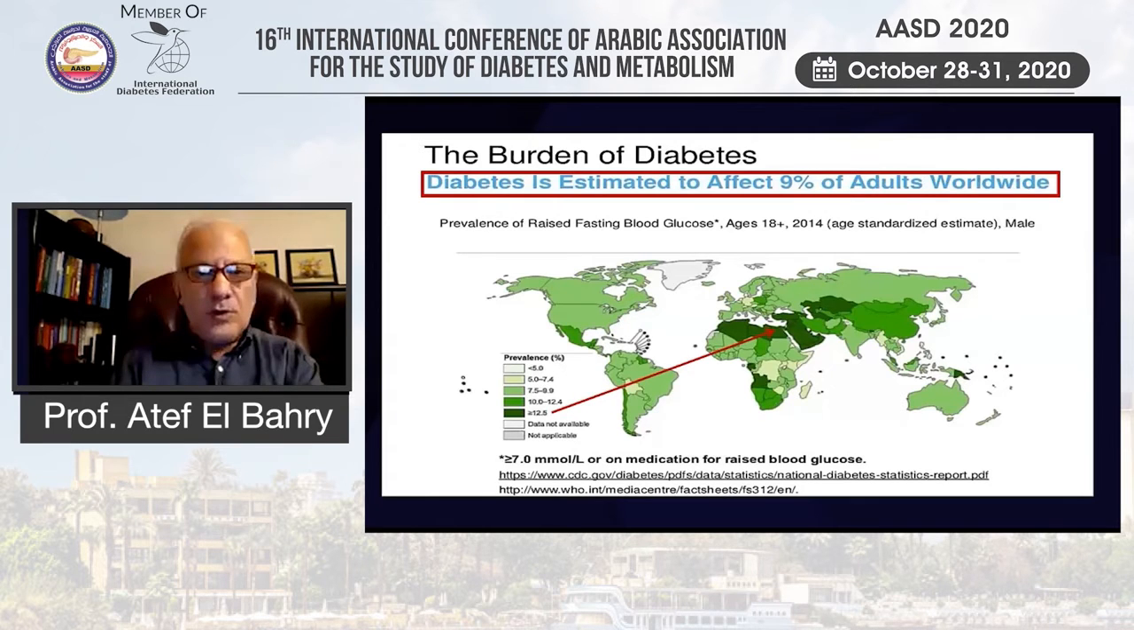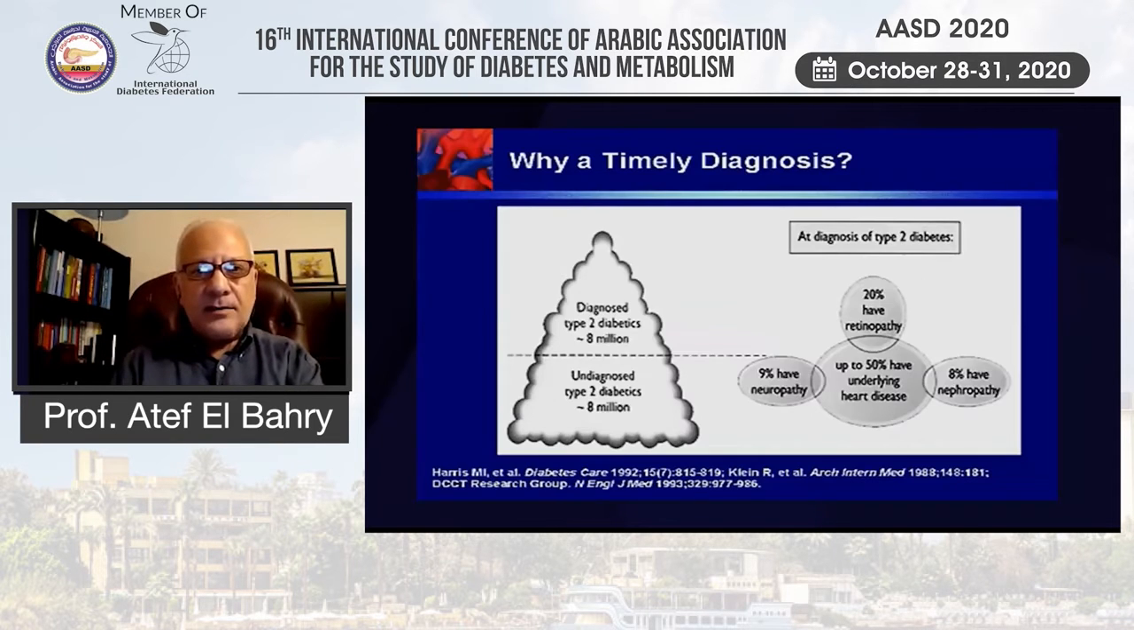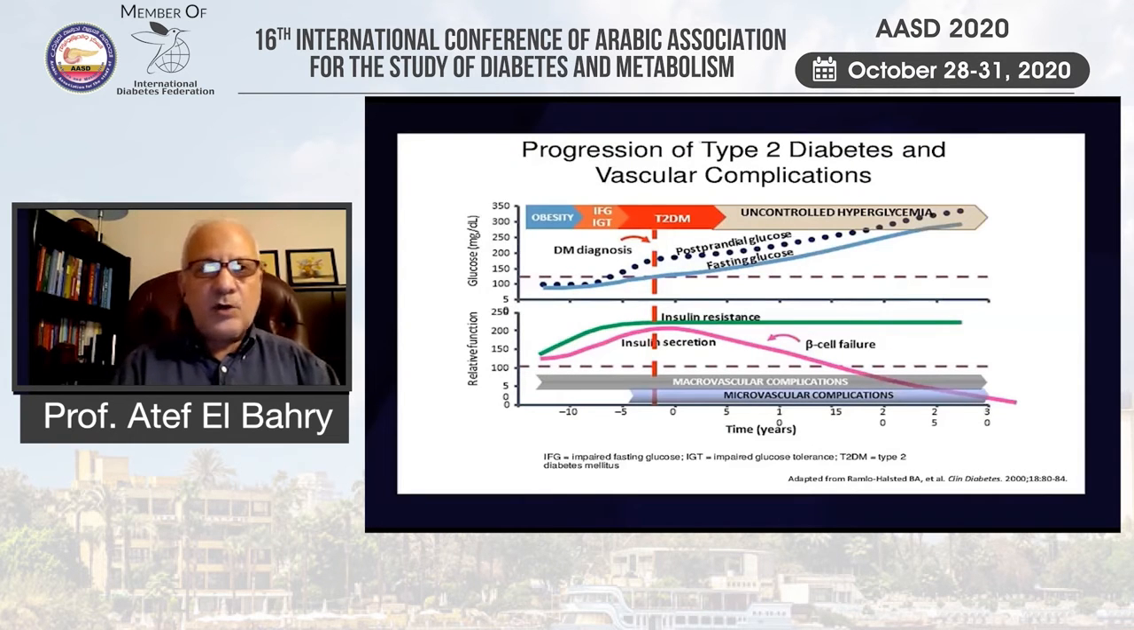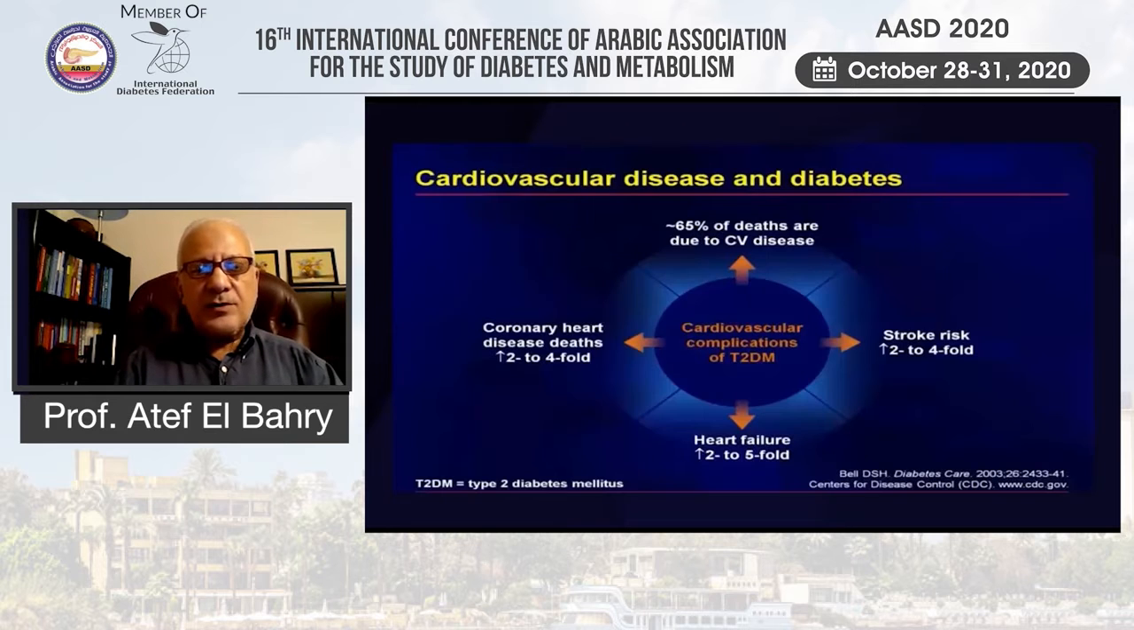12.5% increase. Diabetes is associated with significant loss of life years, as vascular mortality is higher in males and females who have diabetes. And up to 50% have underlying heart disease. This is because the progression of type 2 diabetes starts early, with microvascular complications before the diagnosis of the onset of diabetes. Cardiovascular disease and diabetes are linked, and we can see here that about 65% of deaths are due